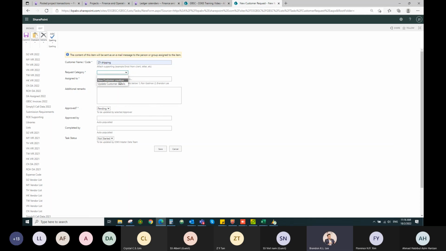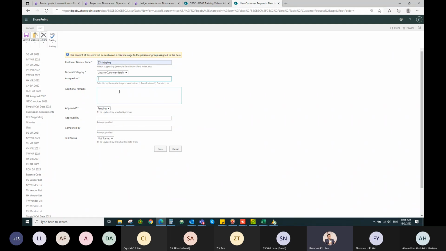Then you need to make sure you assign to the right person to approve. For the time being, I will go and change the approvers. This one is just for illustration. You need to select the right person, and attach the supporting document before it will be approved